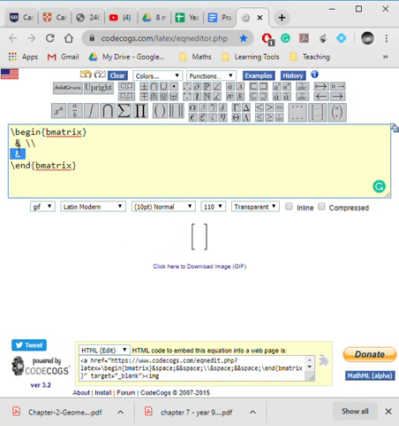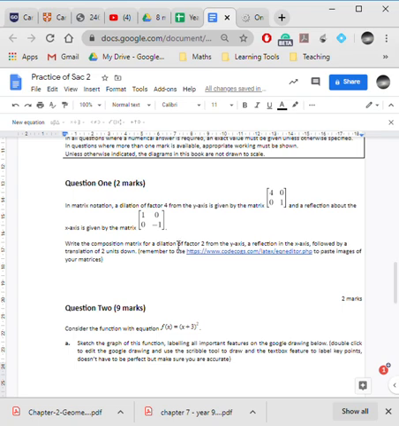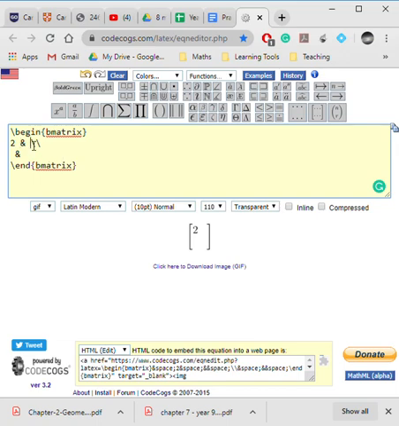You put first number here, so if I put a 2 and a 0 there, they appear like that. Okay, if you put it right next to it, it'll end up with 20. Alright, and these two lines here represent a new row. So we wanted a dilation factor of 2 from the y-axis and a reflection in the x-axis. So I'm going to combine these and it will look